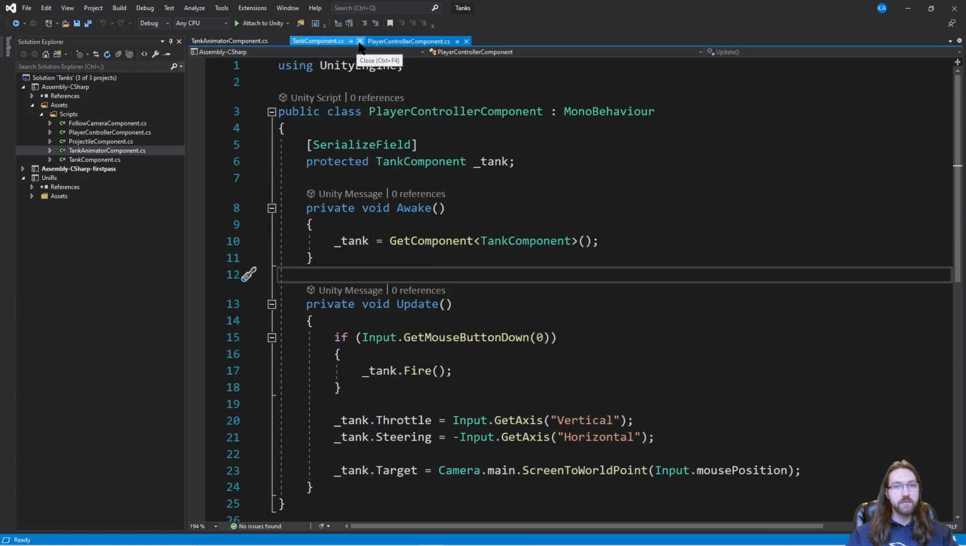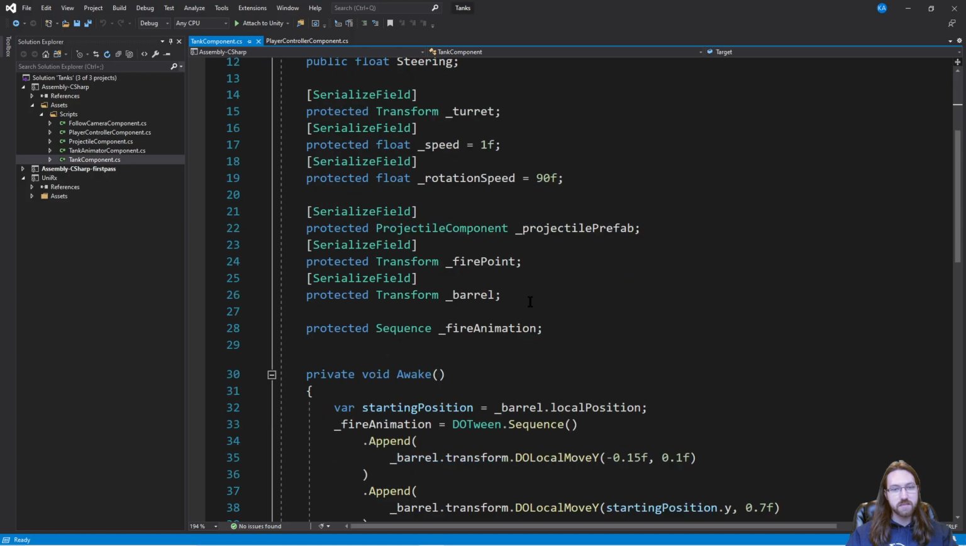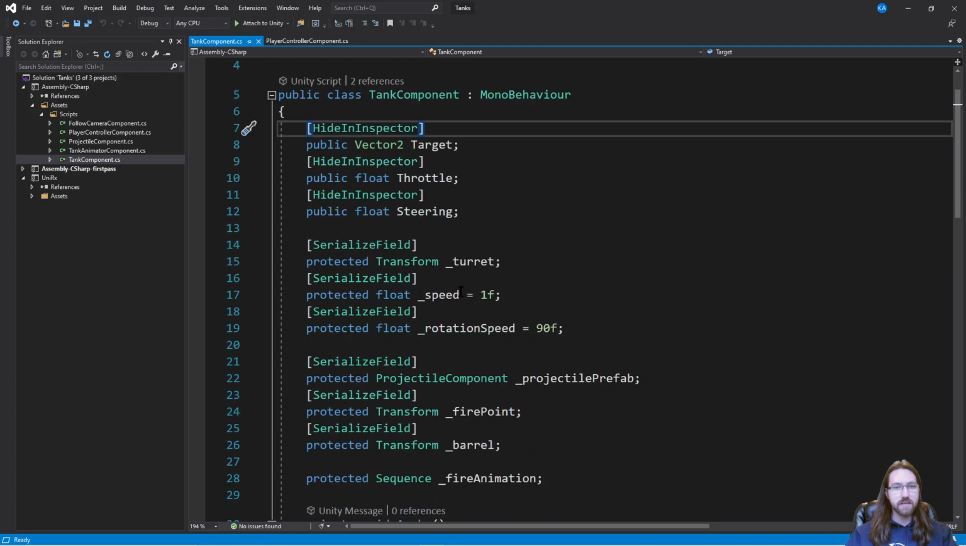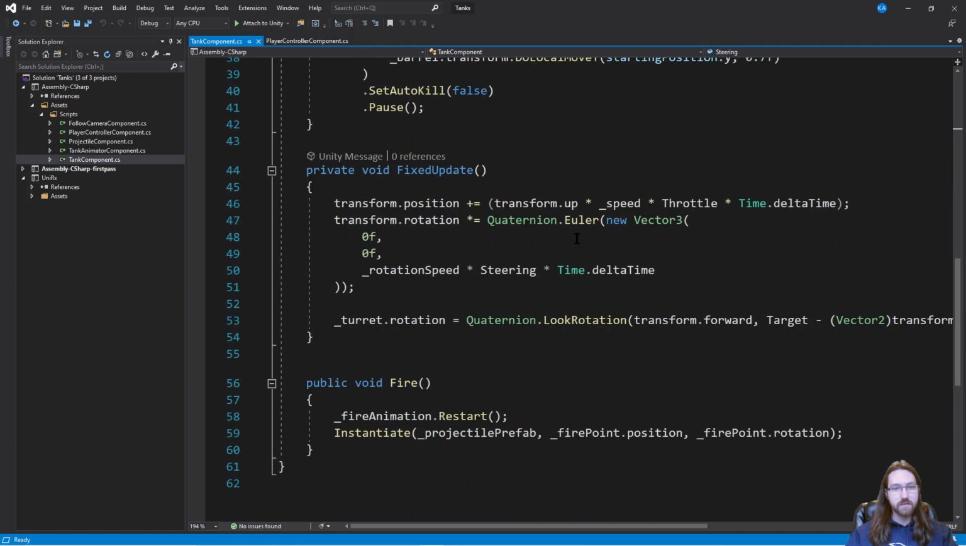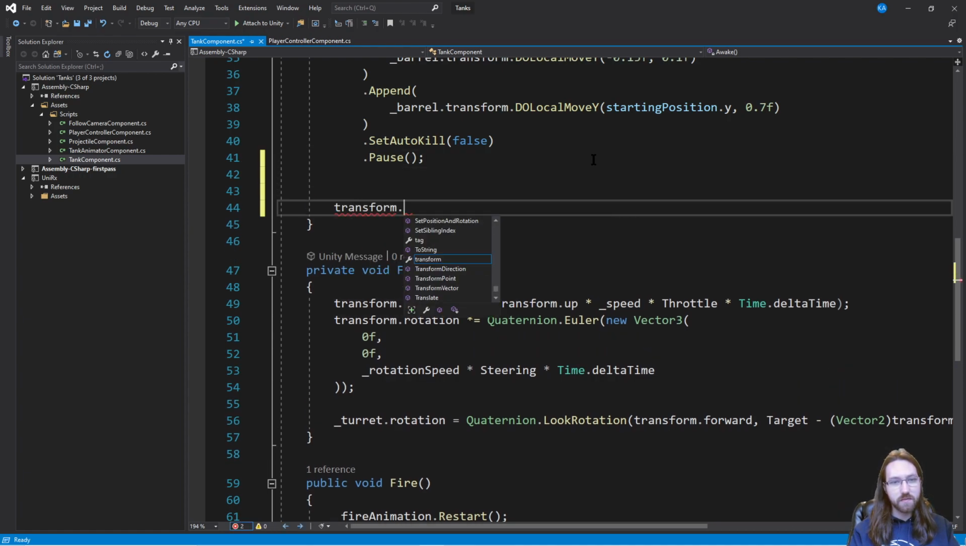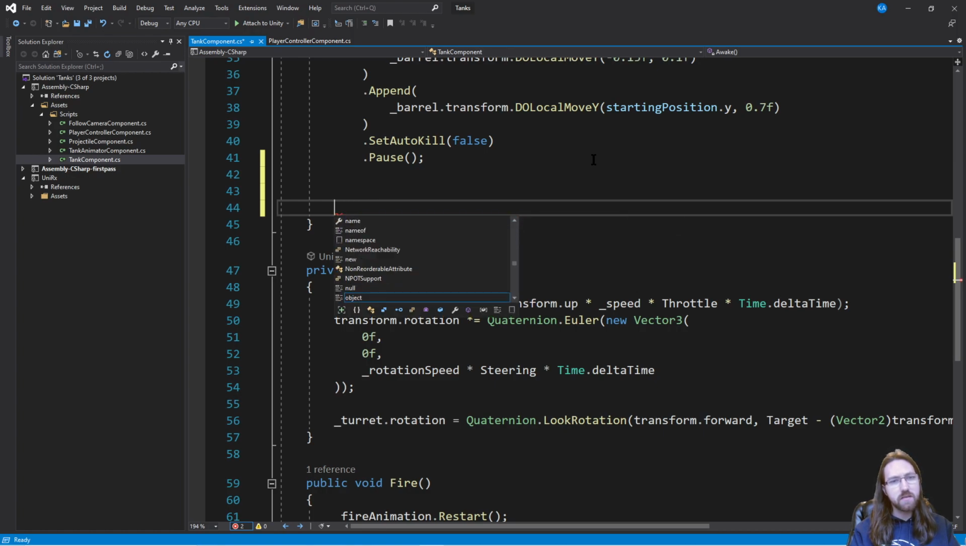But there's a way to do this with input as well. So the way that I have this structured is that we have this tank component, and that takes in the look target, and then the throttle and the steering. And all of those, on fixed update, it will use to update the transform position and rotation and stuff like that. I think it might be possible to add all of this into reactive stuff as well. Actually, let's do that. I think we can say transform dot,